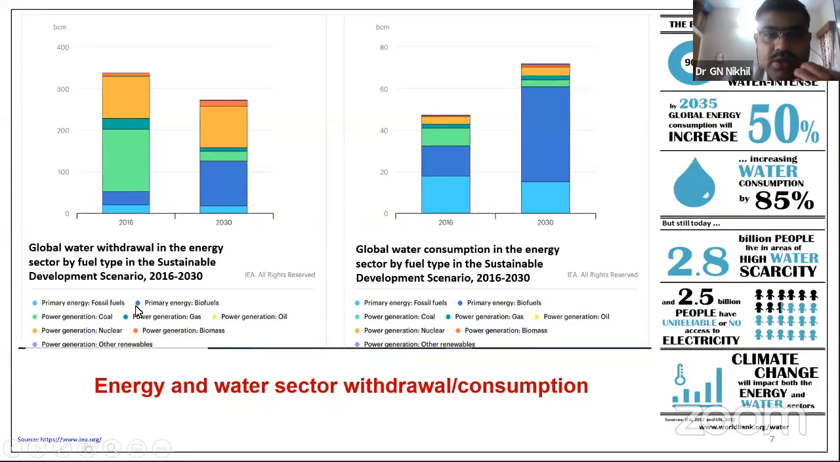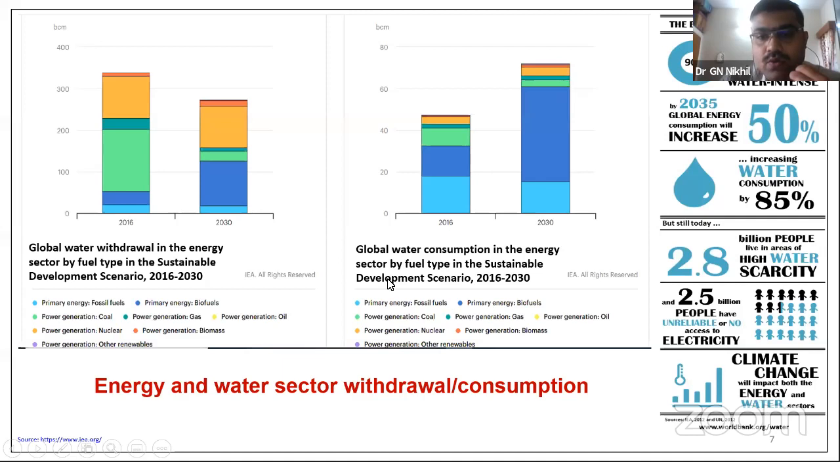So you can see here the biofuels, that is the blue color, which in 2016 is a smaller component. By 2030, the fraction is increasing, meaning the water withdrawal would be on a higher side relative to the others present. So we are projecting that currently we have power generation by coal thermal power plants, and probably you will have a replacement by biomass as well as biofuels, which is an appreciable